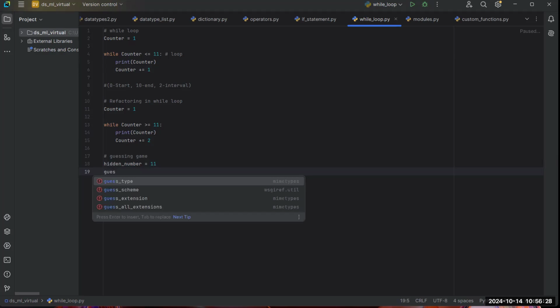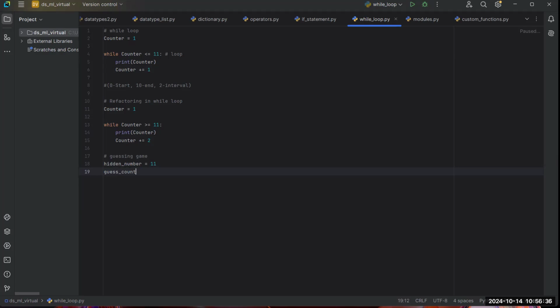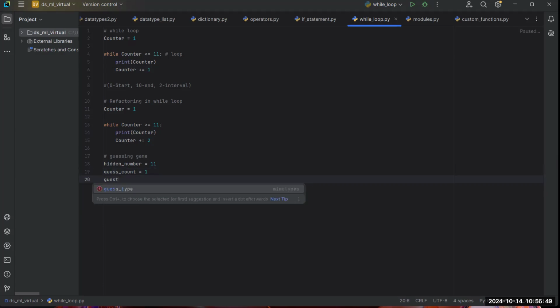The guess counter, guess count, is equal to 1. And guess limit now, guess limit is equal to 3, meaning you must not exceed